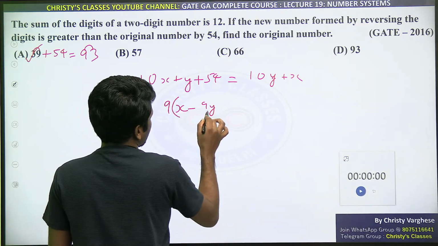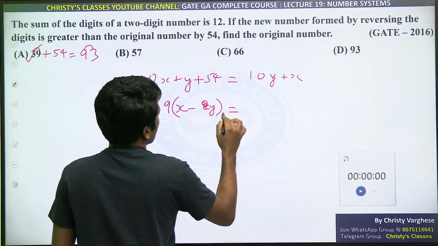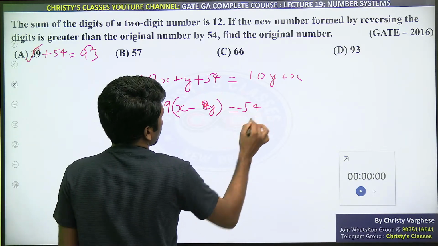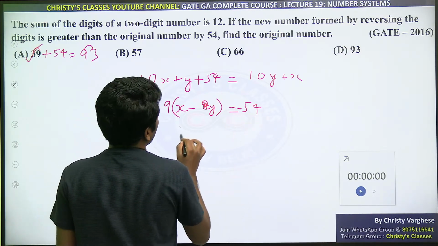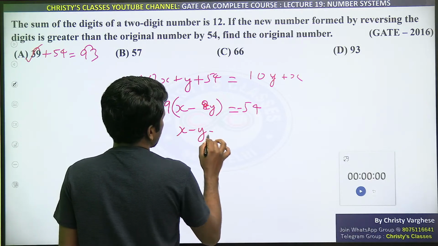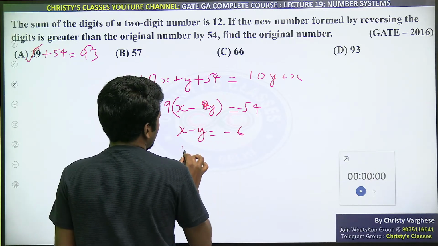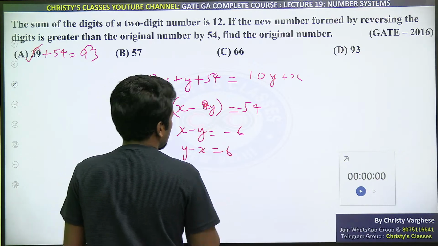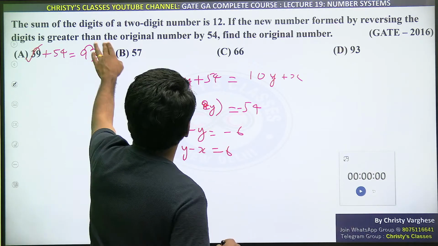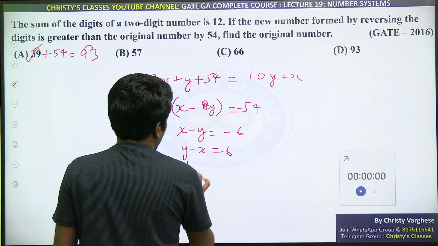So 9 common ले सकता है. 9 into x minus y is equal to minus 54. Minus 54 means x minus y is equal to minus 6. That is y minus x is equal to 6. Y minus x is 6 and first equation says x plus y is 12 or y plus x is equal